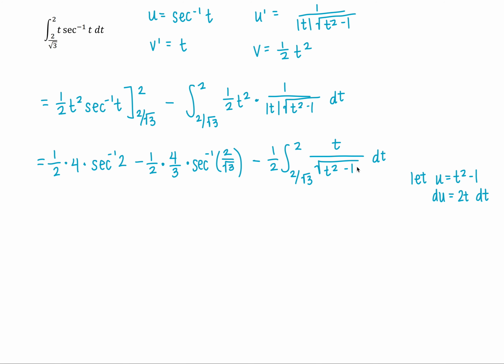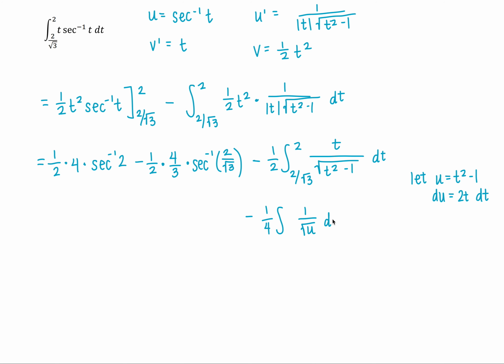So here is the 2 squared minus 1 in the denominator. I have a t dt, I just don't have that 2, but I can easily put a 2 up here in the denominator by putting another 1/2 in the front. I'm going to come back to all of this momentarily, but I'm going to rewrite this as minus 1/4. And again, by putting that additional 1/2 in front will let me do the 2t dt. So inside of here, I'm going to have 1 over the square root of u